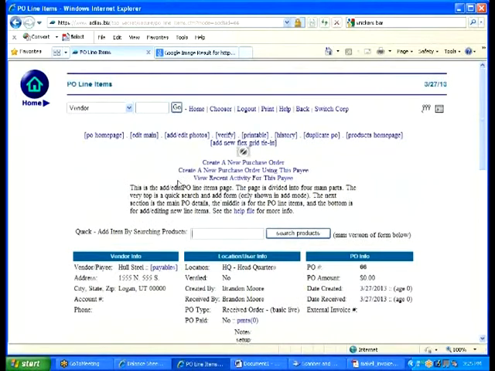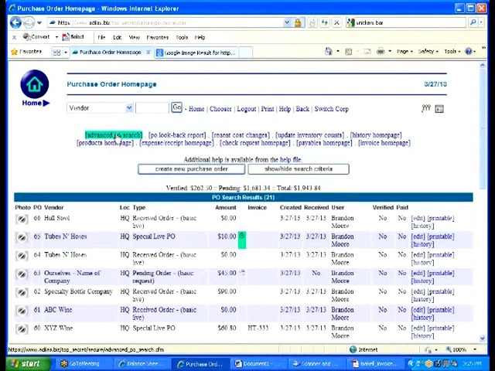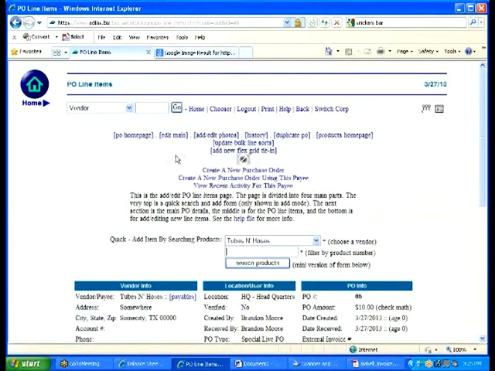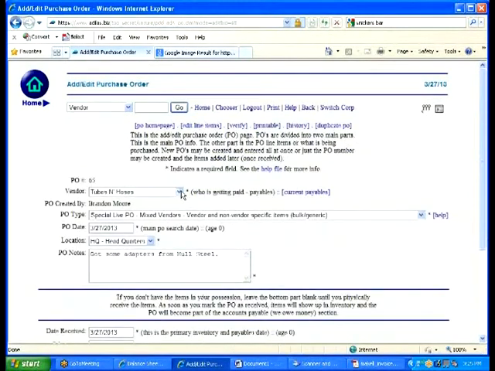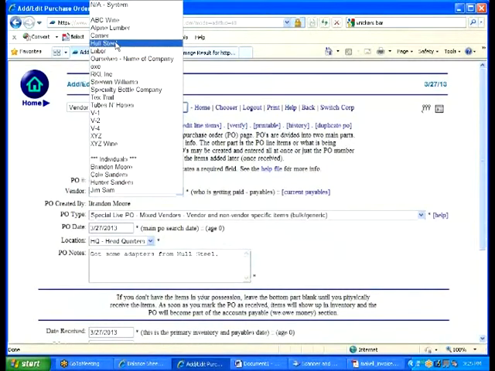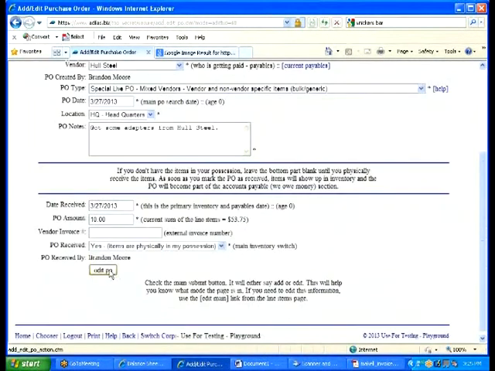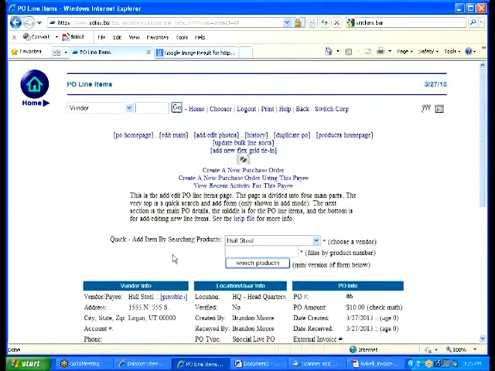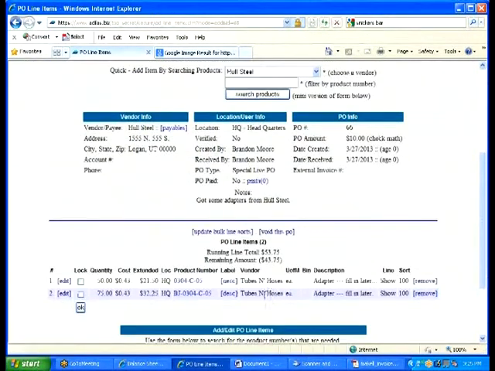Okay, so it's kind of a roundabout way, and I can totally see what they were saying. We need to fix that. So good call, I'll take that to heart. Now I'm going to go back to the PO homepage. Here's our guy that's messed up. This is just a setup PO right here, for Whole Steel. For this tubes and hoses one right here, if I click on edit now that I've done that little flip-flop around, I am going to be able to see Whole Steel as the vendor, so I could change it so that I'm now paying them, even though I was using a general adapter from tubes and hoses,